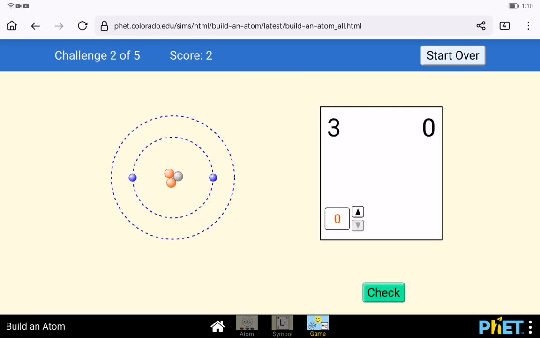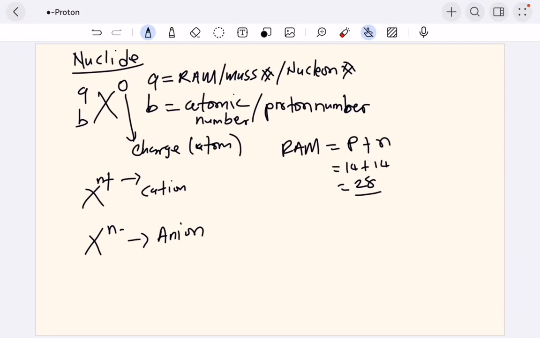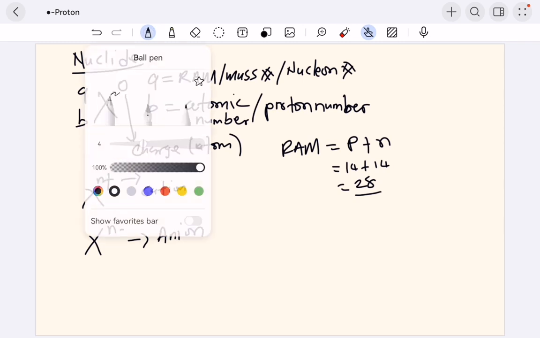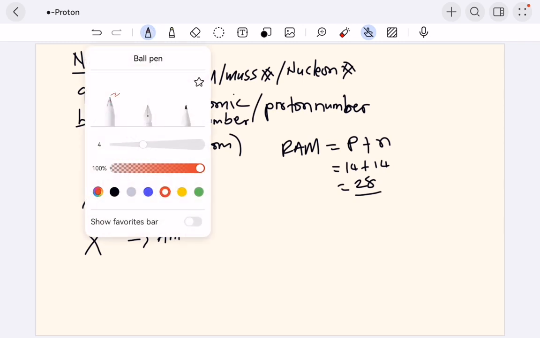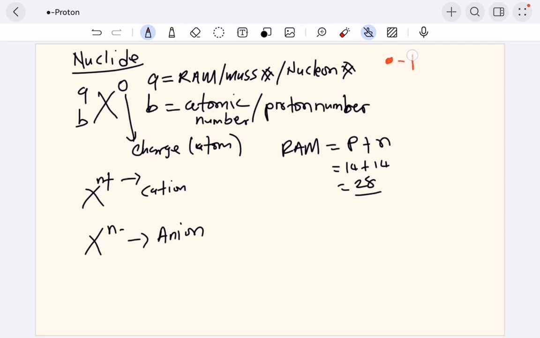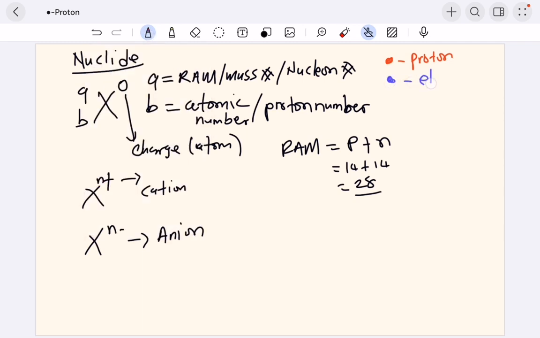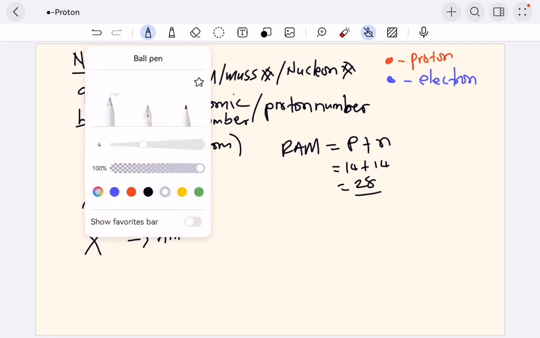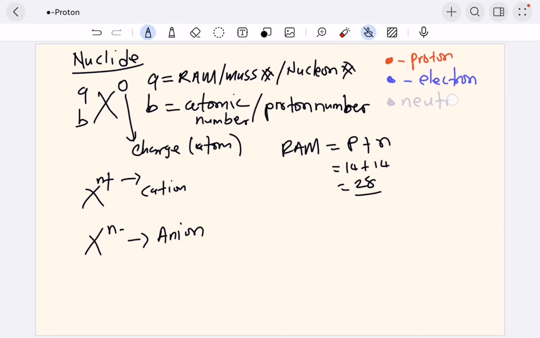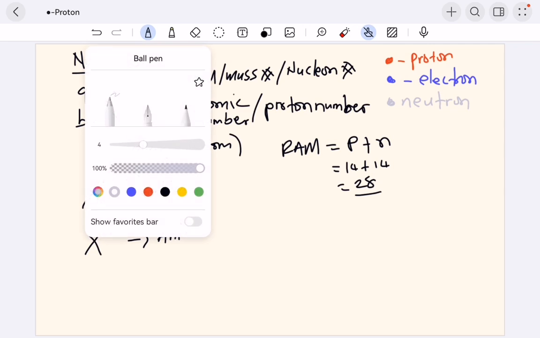We go to the second question. The key here, the key is the red. Let me just check the colors. So red represents a proton. Then blue represents an electron. Then gray represents a neutron. So going back to the question,